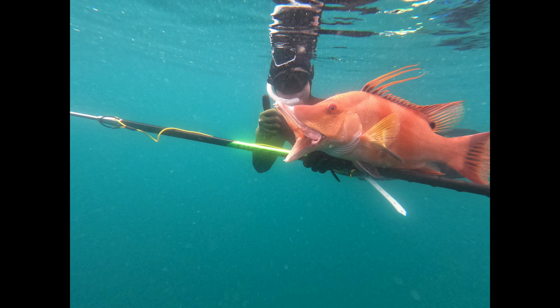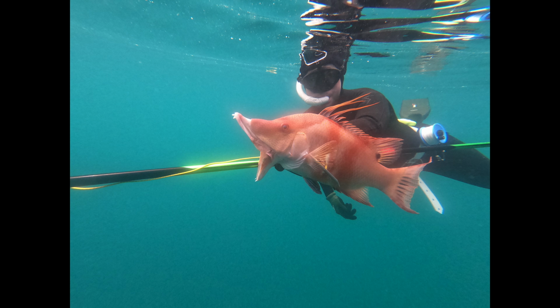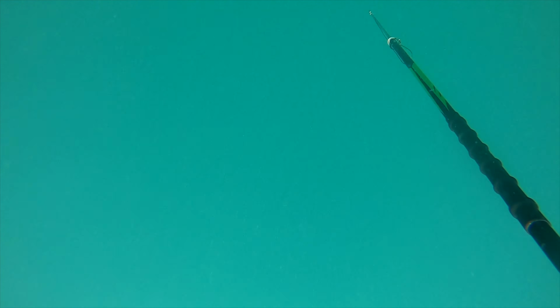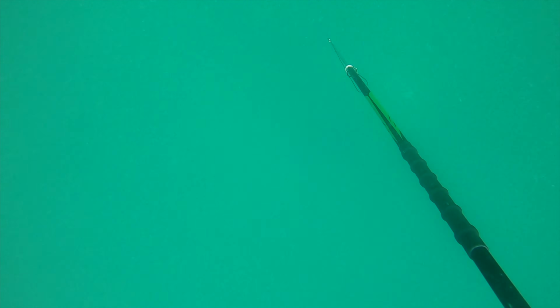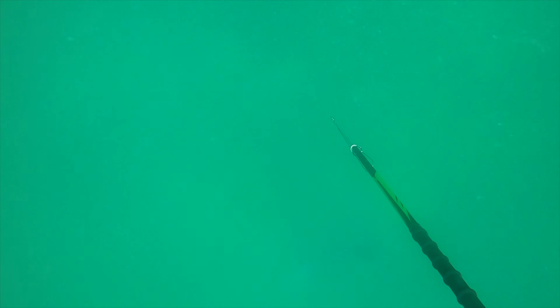Yeah, so Evan had that nice fish. We took some pictures up top while we waited. We waited 10 minutes, and then went back down, same spot to shoot some more hogfish, because there were a bunch on this spot, and we had never really shot a good number of hogfish in a day. So going back down to grab some, and I've already shot 2 or 3. I think I've shot 3 at this point,